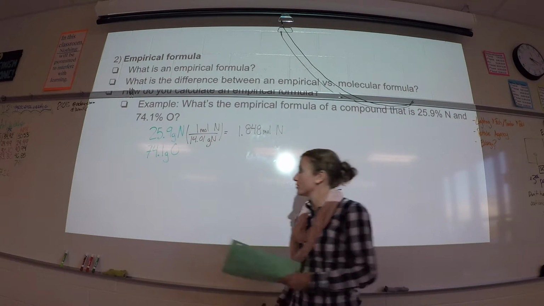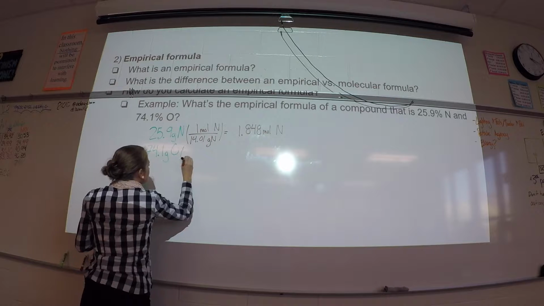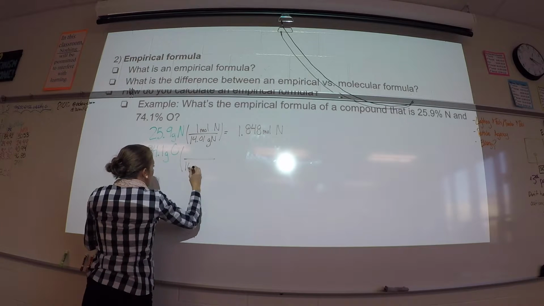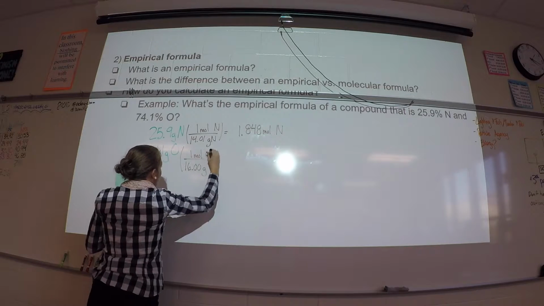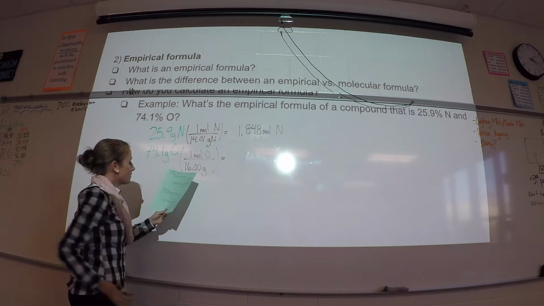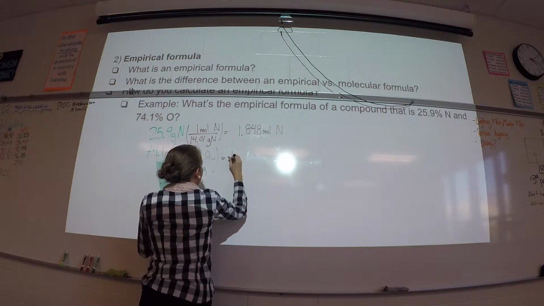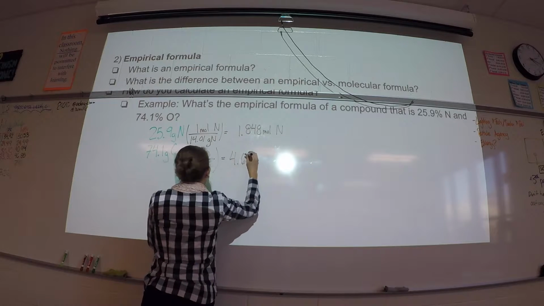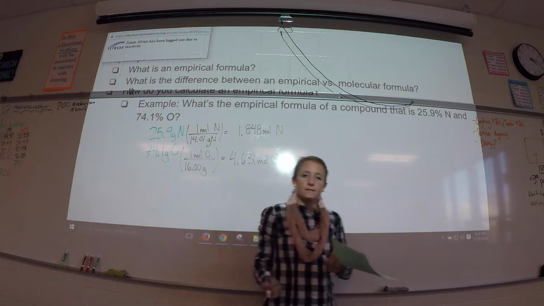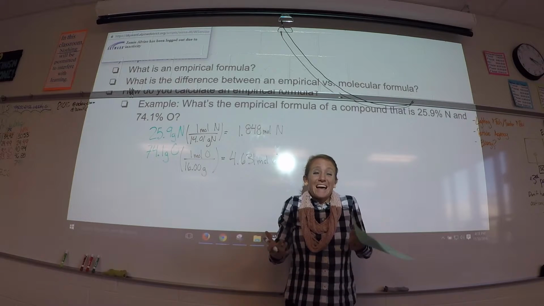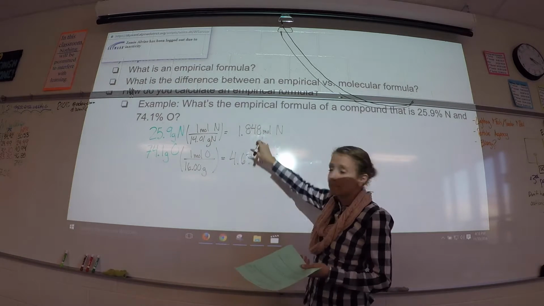Same thing, we gotta do it for oxygen now. So we'll set up our fraction. Oxygen has a mass of 16 grams in every 1 mole of it. When I divide that through, I get 4.631 moles of O. Okay, so an empirical formula has to be a whole number, and these are definitely not